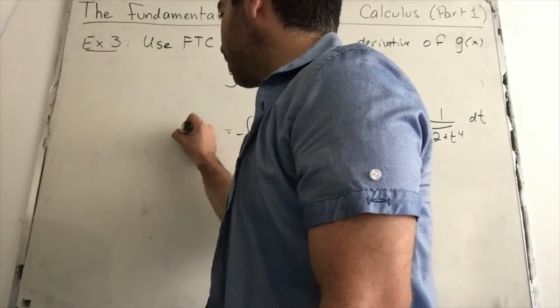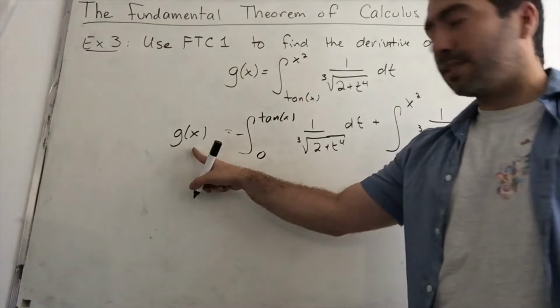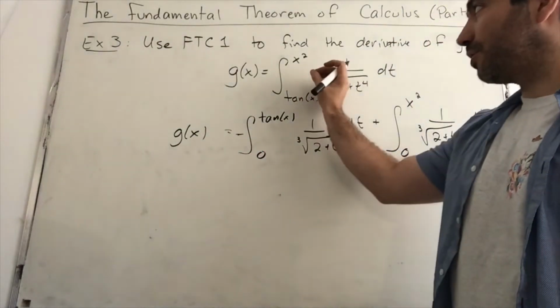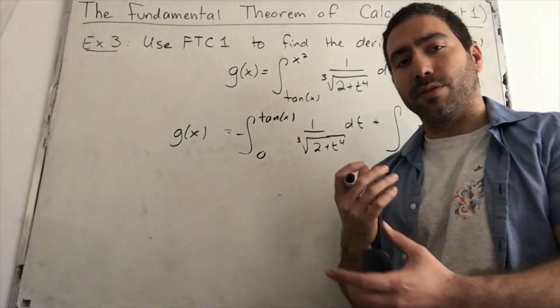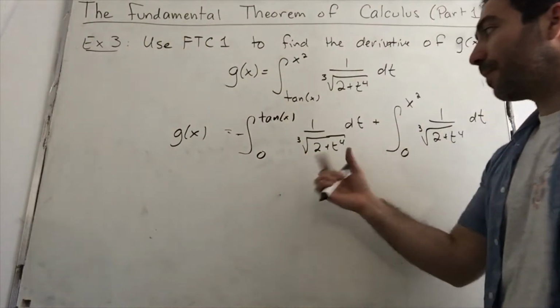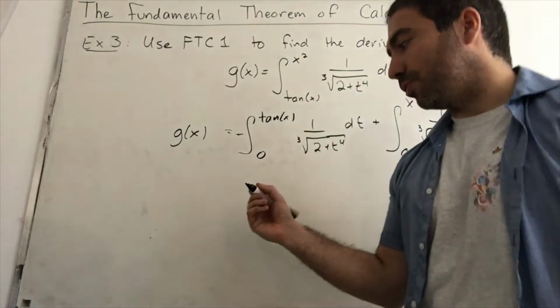Notice that here at this stage, we haven't taken the derivative yet. This is still the original function g of x. We just expanded it. We split it up into 2 integrals so that they're of the correct form. Now we're ready to take the derivative. So g prime of x